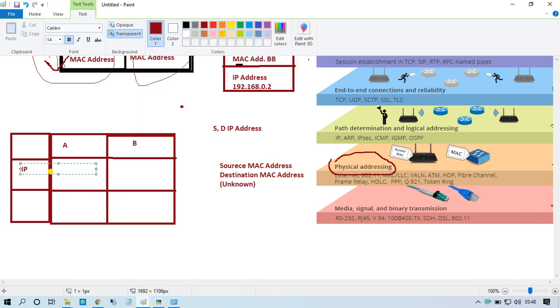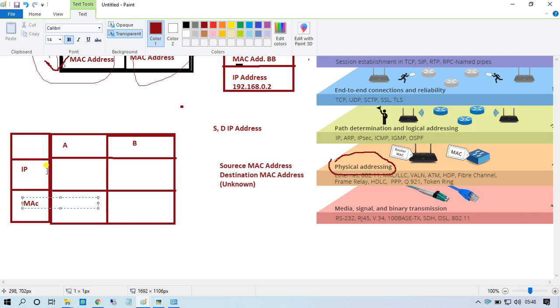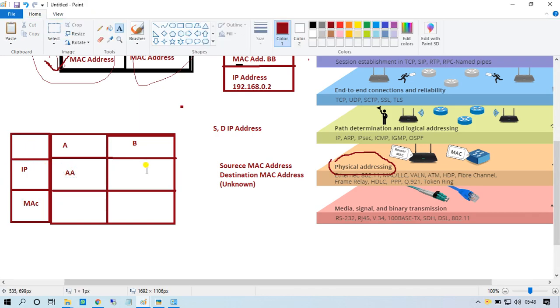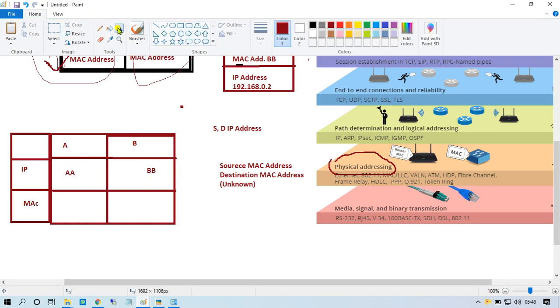What is the IP address and what is the MAC address? The source IP address is A and the destination IP address is B. Oh, sorry.